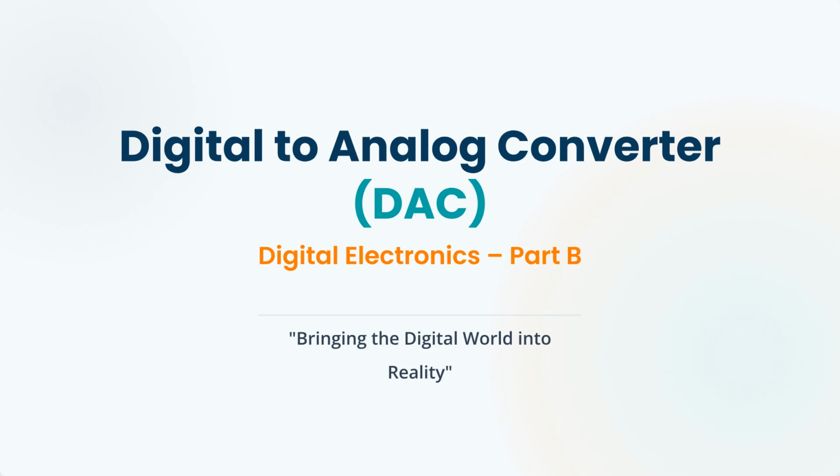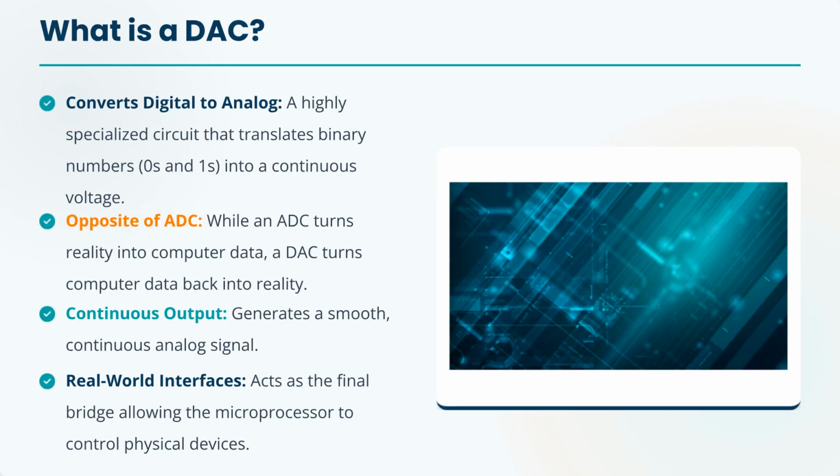Welcome to Part B of our digital electronics video, where we dive into the digital to analog converter, or DAC. The DAC plays a vital role in bridging the gap between the digital world and physical reality. A DAC is a specialized circuit that converts digital binary numbers into a continuous analog voltage. It's the opposite of an analog to digital converter and generates a smooth, continuous signal, acting as the final bridge